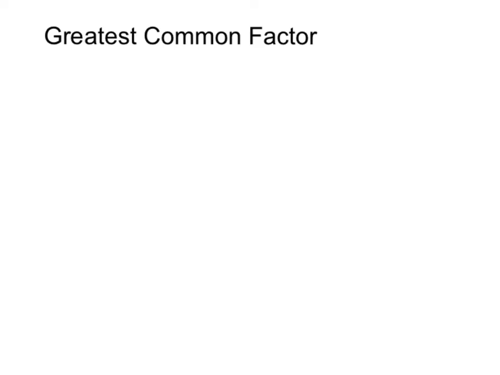In this video, we're going to take a look at greatest common factor. To figure out what a greatest common factor is, we're usually given two numbers. So like in this case, let's pretend we're given 8 and 12. If I want to know what the greatest common factor, often abbreviated as GCF, is, one method